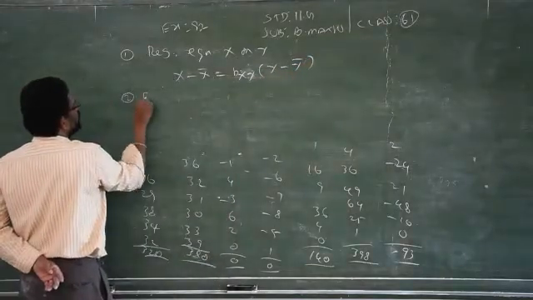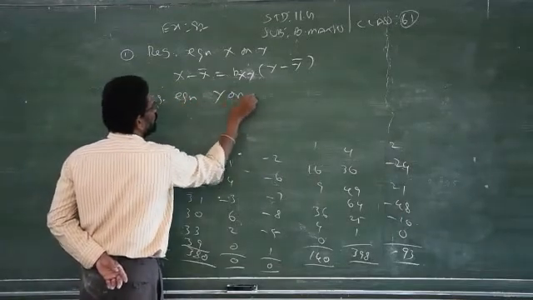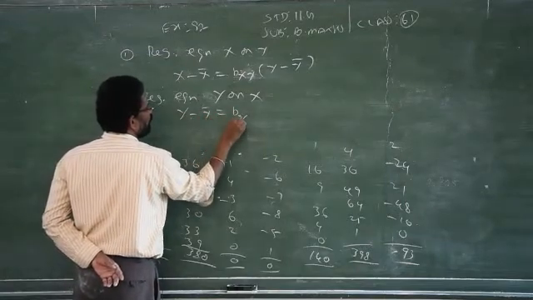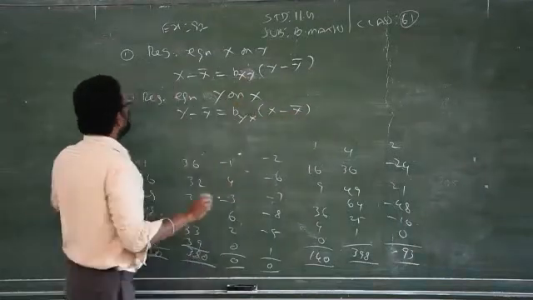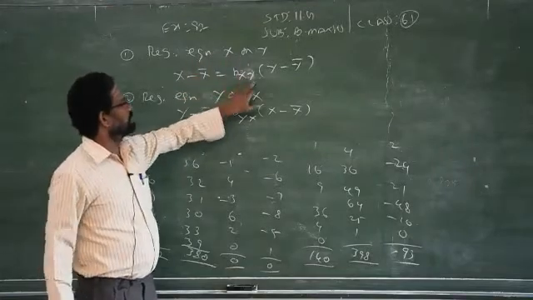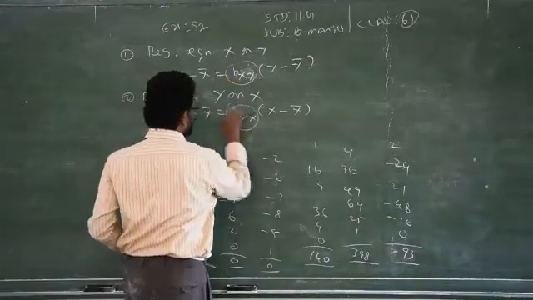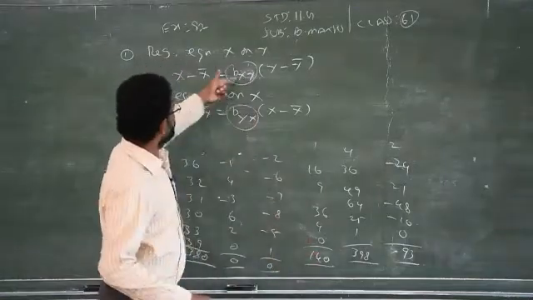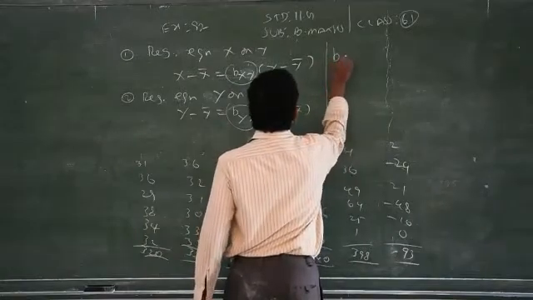Then equation number 2, regression equation y on x, that is y minus y bar is equal to b_yx bracket x minus x bar. See, x on y is b_xy, that is very important. X on y, xy. If it is y on x, yx. But b_xy, b_yx, we have the formulas. We have different formulas to find b_xy and b_yx. So what is the formula for b_xy?